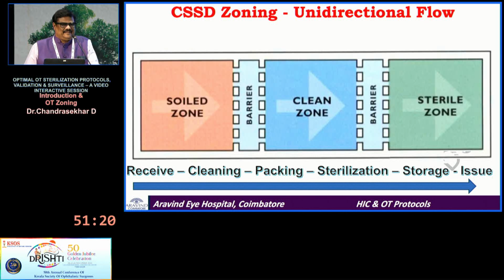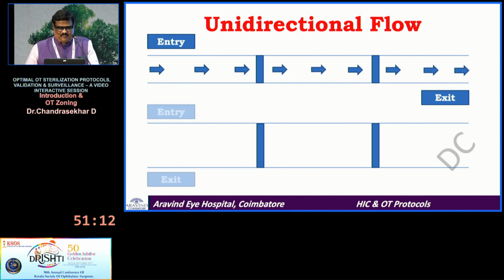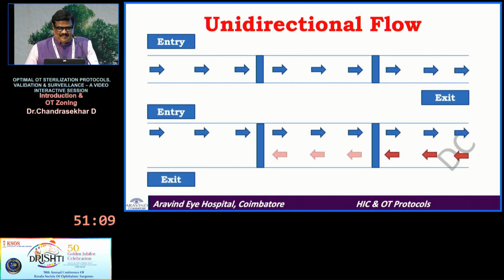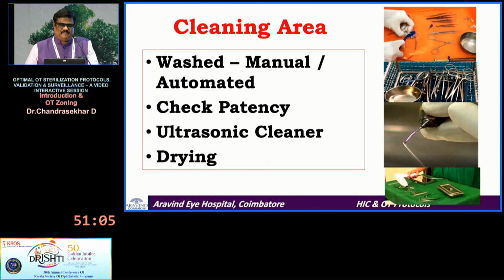One side you put in the packed items, the other side you get the sterilized item and put it in the storage area. This is the best way to construct an OT. This is the unidirectional flow, and this is not acceptable at all in the newer CSSDs, or even the older CSSDs can be modified. So this is where we get everything, clean it, you can do it manually, automated, check